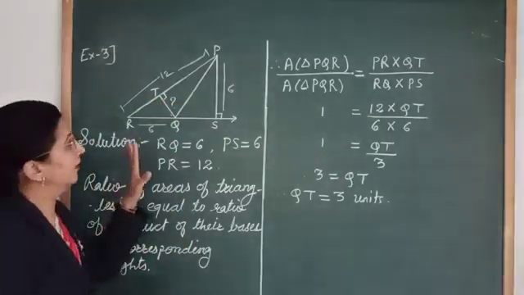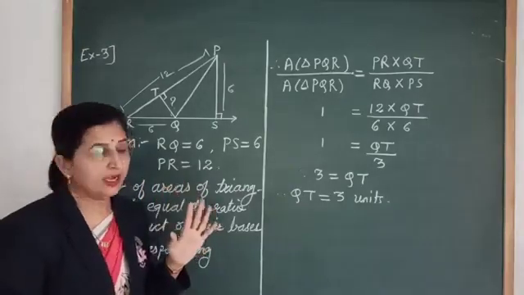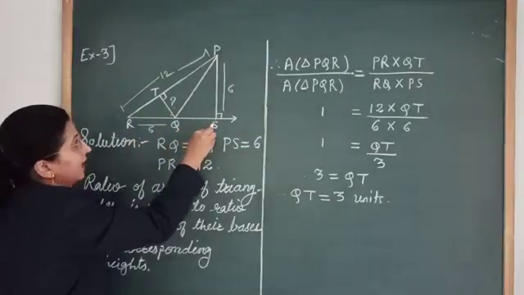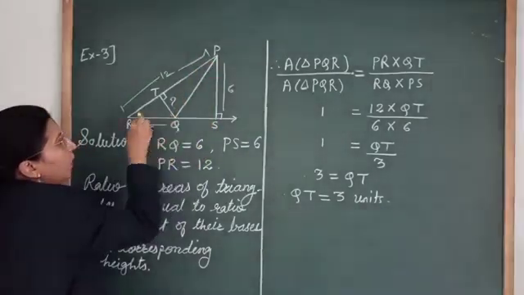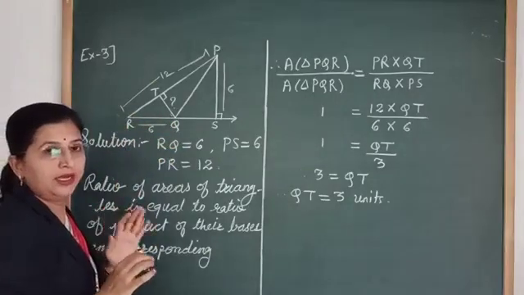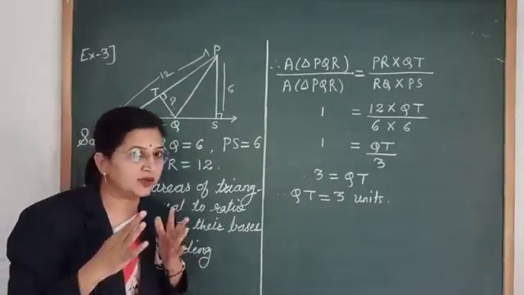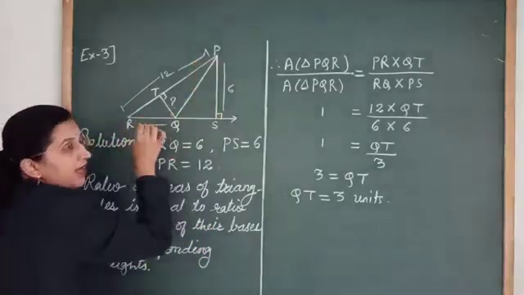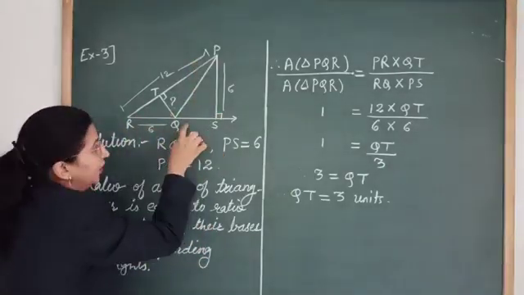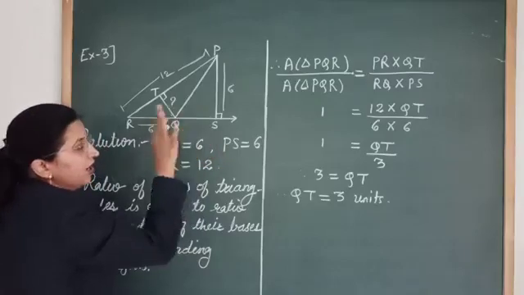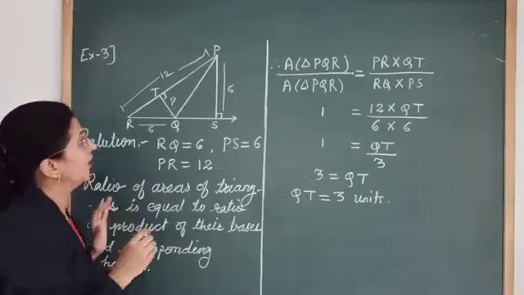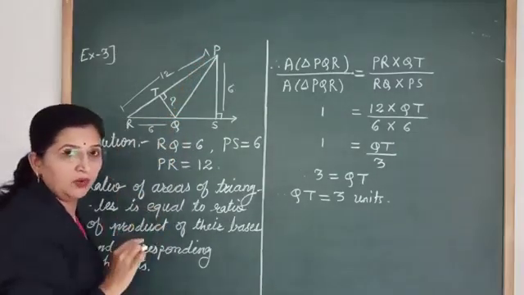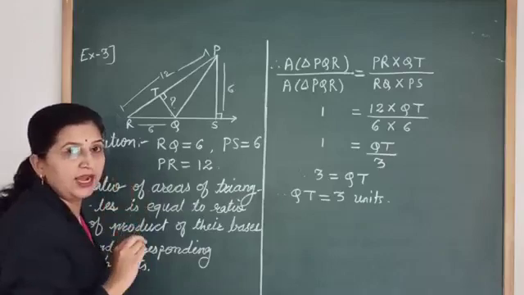Now here we have two triangles, okay, triangle PRS and triangle PQR. Okay. Now here if we want to take the ratio of areas of these two triangles, but for triangle PSR, its base is not given, QS is not given. Okay, so we will not take this triangle. So here for triangle PQR, for this triangle PQR,